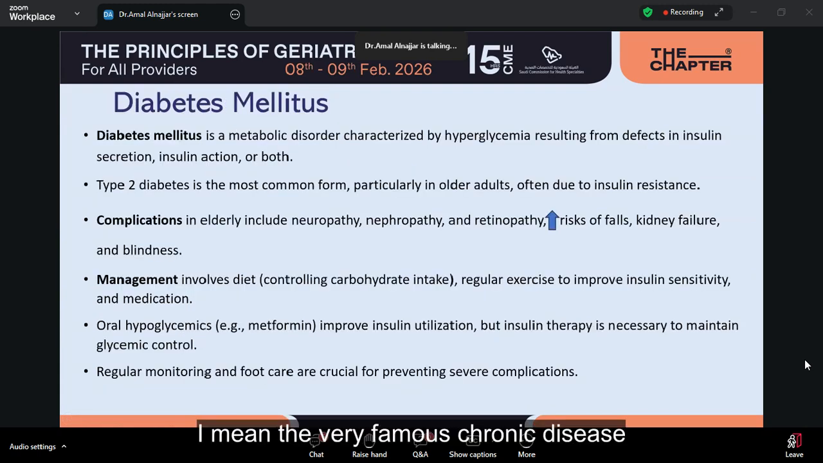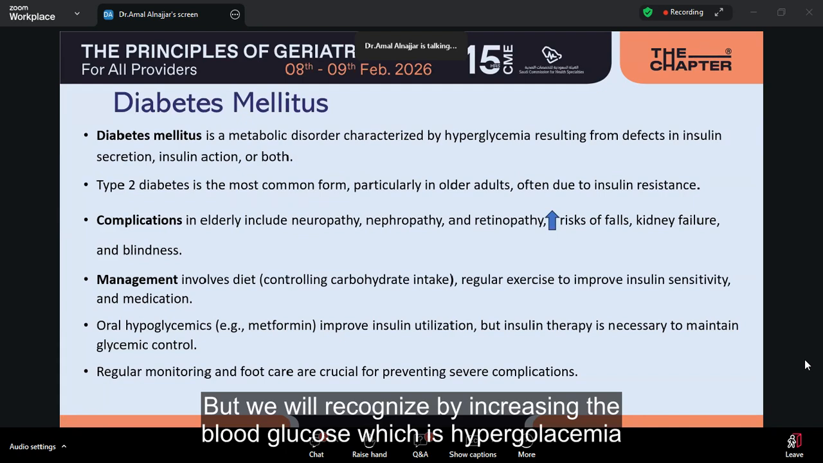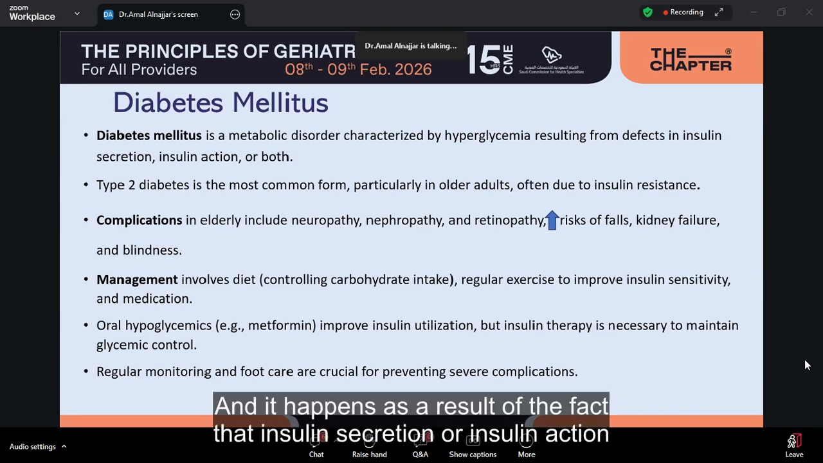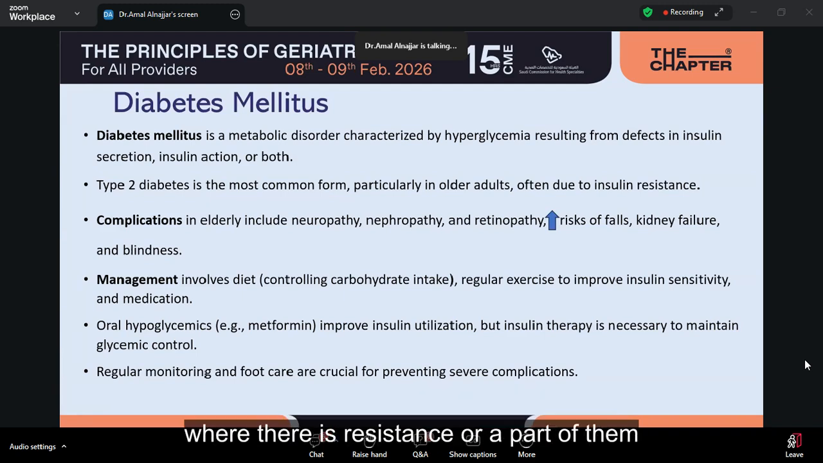The very famous chronic disease among geriatrics is diabetes mellitus, and as all of us know, it's a metabolic disorder, recognized by increased blood glucose, which is hyperglycemia, and it happens as a result of a defect in insulin secretion or insulin action, whereas there is a resistance, or both of them. Type 2 diabetes is the most common form,